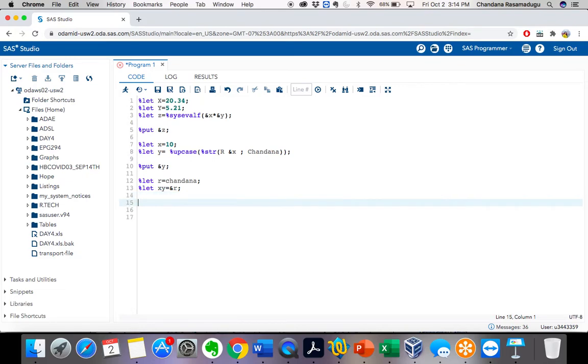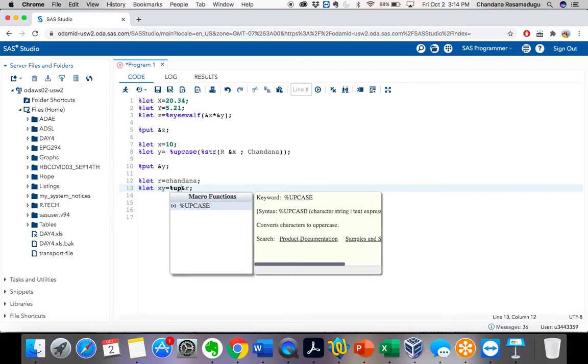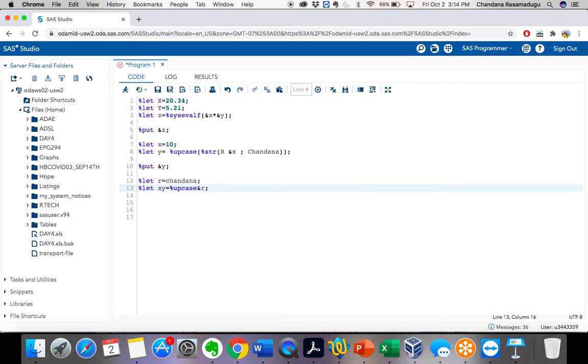Now I want to check what value is stored in xy. We all know that Chandana will be stored in this xy, but I want all these values to be converted to uppercase letters. How can I do that? %upcase. We use this %upcase function to convert character data to uppercase values.